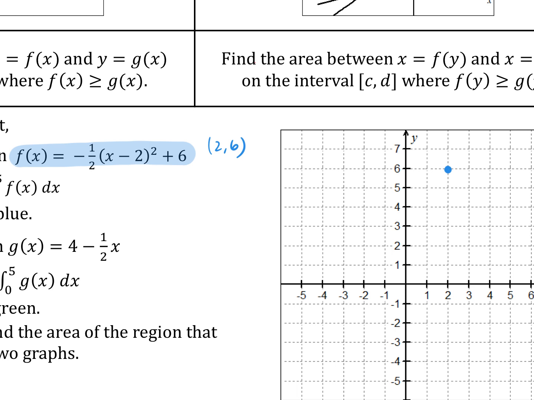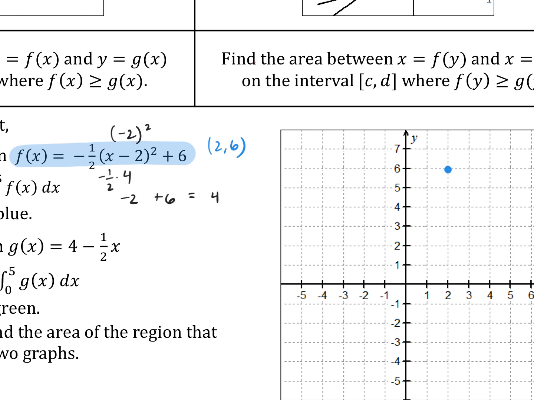And then with that negative 1/2 out in front, let's go ahead and plug in another value to see what my shape's going to be. How far out are we going to have? So if I plug in 0, or you could plug in 1 if you wanted to, but 0 is easy. If I plug in 0, I get 0 minus 2 is negative 2 squared, which is going to equal what? 4, and then 4 times a negative 1/2, that's a negative 2, and negative 2 plus 6, that gives me